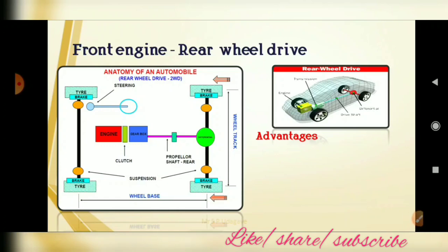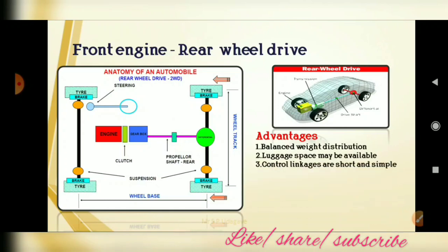We can see the advantages of this drive: balanced weight distribution, because the engine is on the front side and the passengers on the back side. Second, luggage space is available, and the control linkages are short and simple because the engine is mounted on the front side.